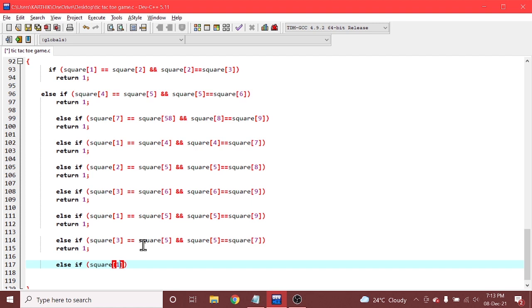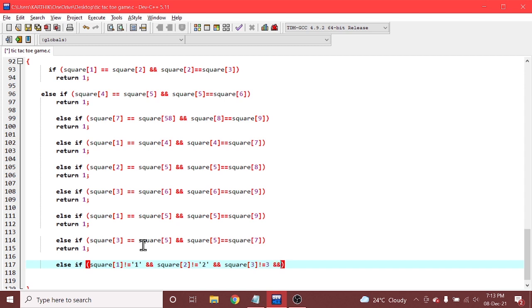And also I'm writing an else if condition, just check it here. Square of first element is not equal to 1 and square of second element is not equal to 2 and square of third element is not equal to 3.